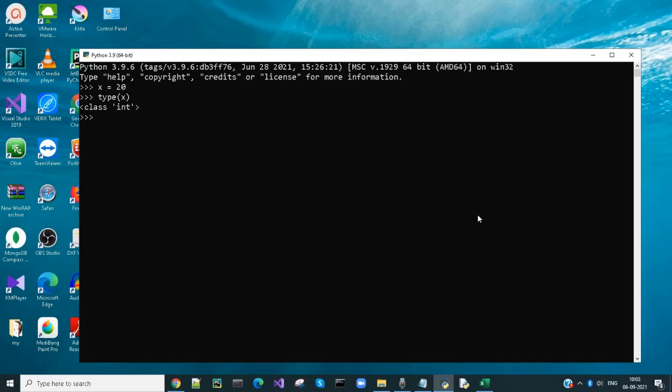Let me reassign a different value. Let's say x is equal to 2.5. Now the type of x is float. x is equal to hello. Now the type of x is string.